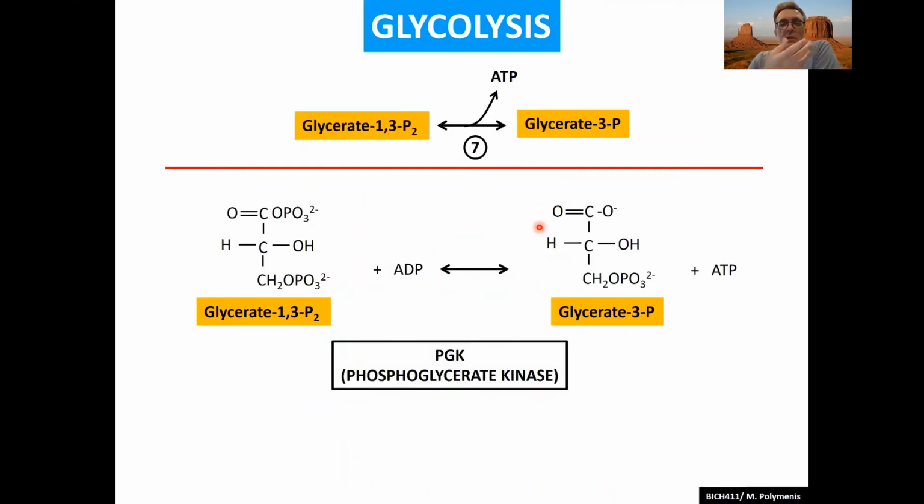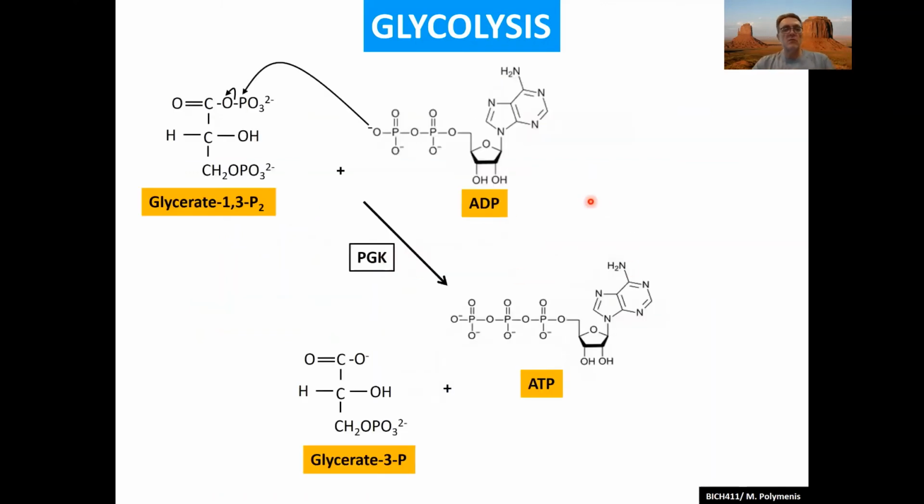To complete phase 2 and to actually get some ATP back, we haven't gotten it yet, but now finally we're going to get it. So it's very simple. I told you the glycerate 1,3-bisphosphate. This phosphate is high energy. It's an anhydride, and the reaction is catalyzed by phosphoglycerate kinase, and that phosphate will become the gamma phosphate in ATP. As you will see here, very, very simple.